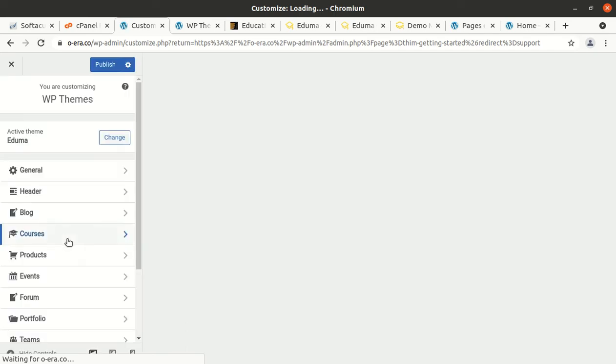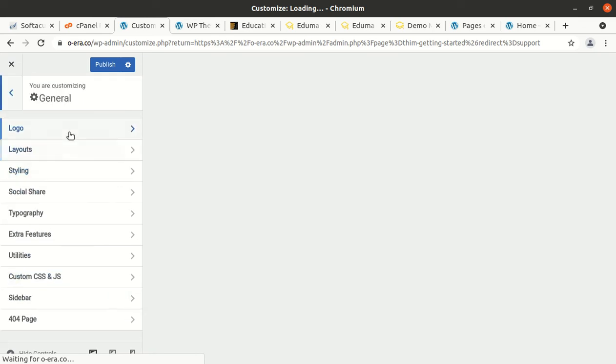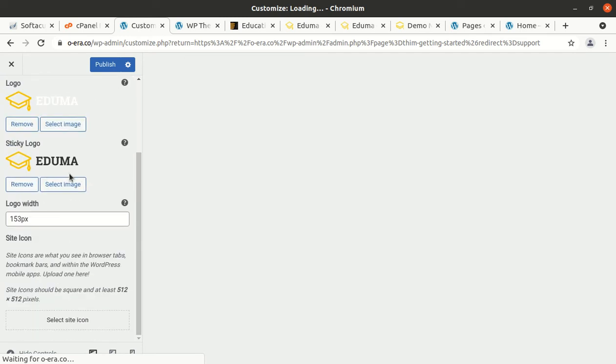Now the customizer is on screen. These are the options. This is basically theme options. So let us check. Logos can be uploaded from here,